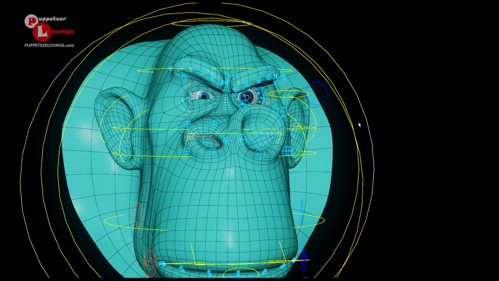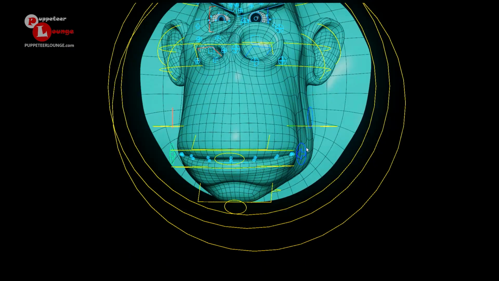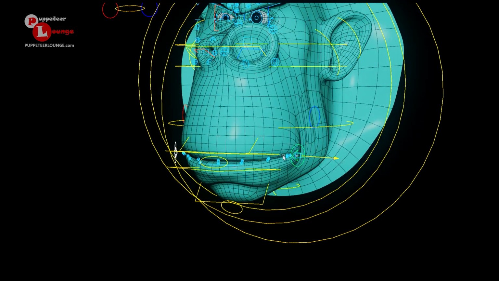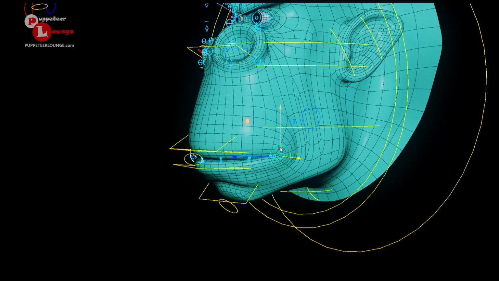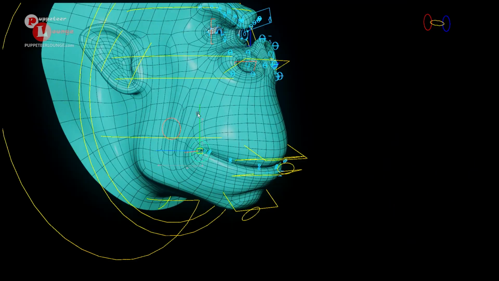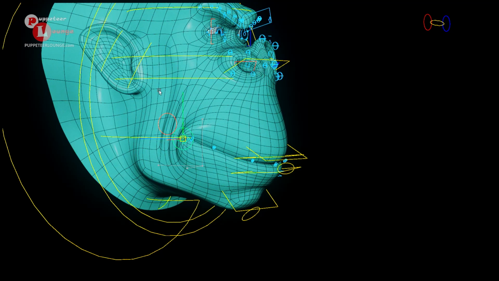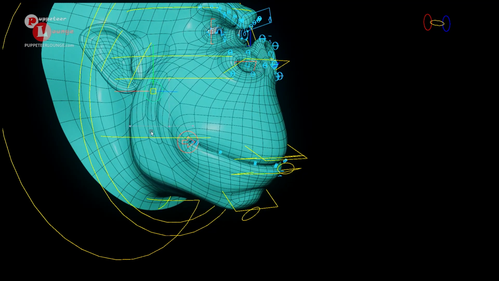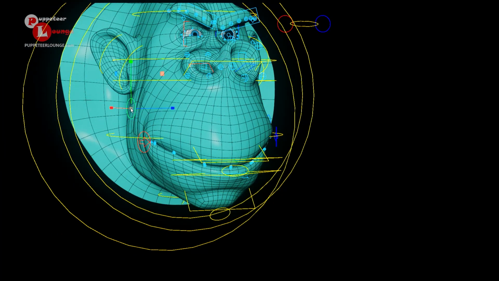Moving on to the mouth. We have these controllers for the expression of the mouth. You can create smile, frown, bring the mouth in and out like that, acting in combination. I can quickly go ahead and change the expression of the character just by moving these lip corner controllers. Here we have the cheek controller. Go ahead and bulge that out.